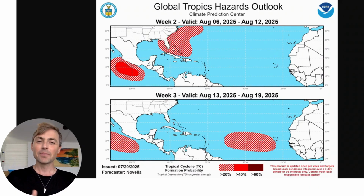This shows what could potentially be anticipated over the next several weeks, and we can see around the first part of August, there are areas off the southeast coast of the U.S., Bahamas, and parts of the Gulf that have a 20 to 40% chance of cyclonic development, as well as the busy Eastern Pacific being highlighted again for development. And then as we move further into August, we can see that the Eastern Pacific has a chance of development again, and then the main development region is expected to become more active,